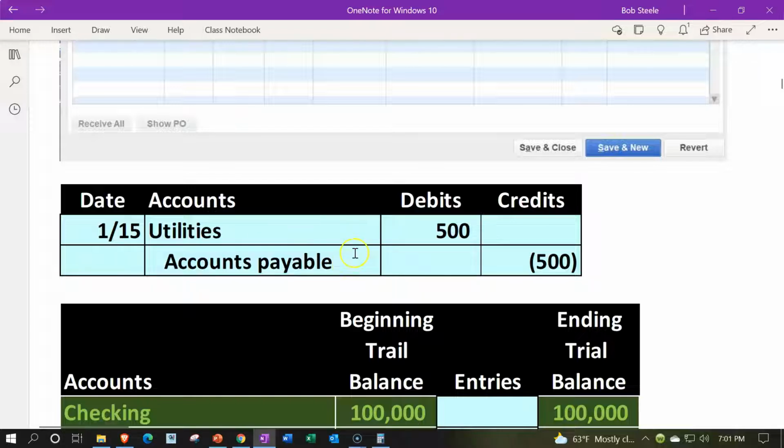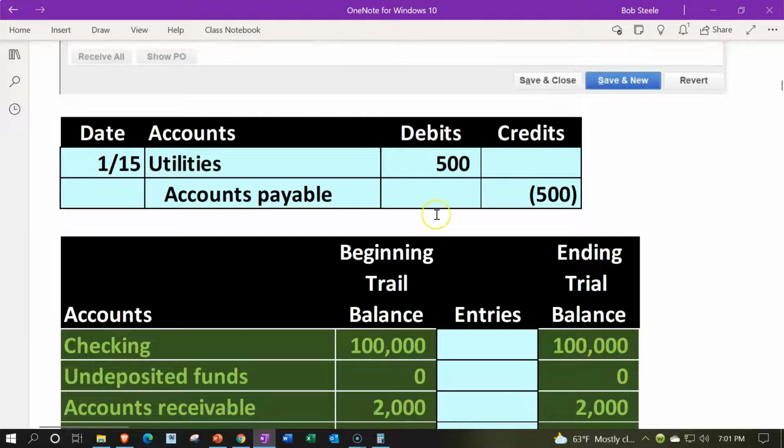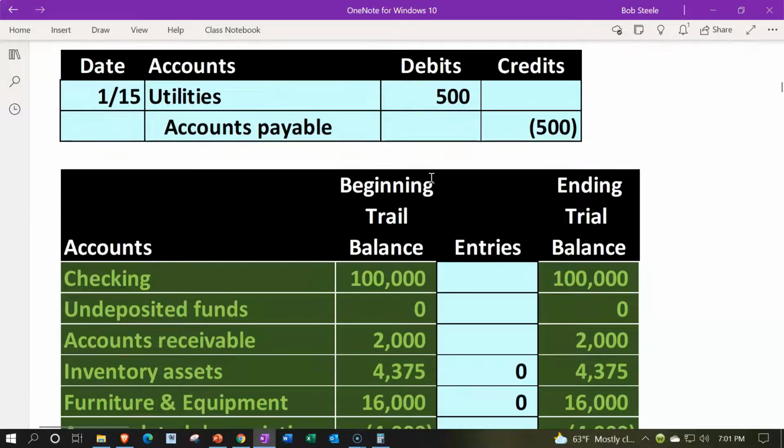Now you could think of this as simply an increase to utilities, and the accounts payable is increasing as well. The debits and credits: we're debiting the utilities because utilities is an expense account. The expense accounts always go up with a debit, and the liability accounts will always go up with a credit because they're credit balance accounts. So if I was to post this out to, say, a trial balance, this is going